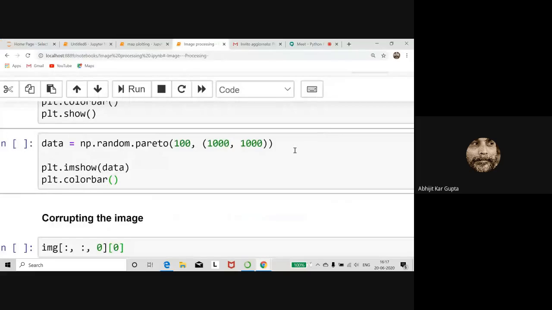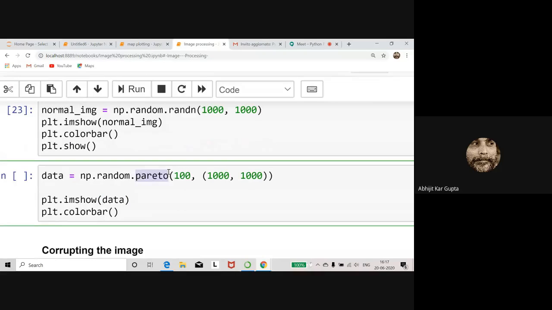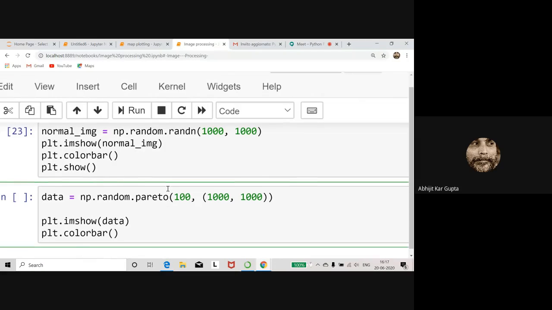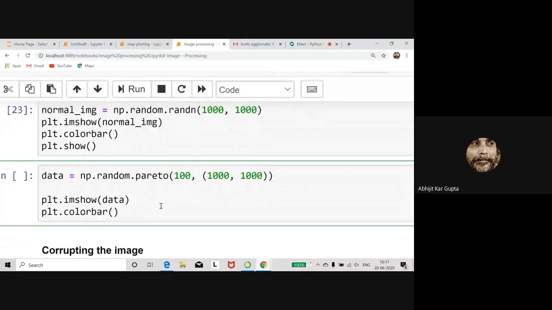And also there is another interesting distribution. It's called the Pareto distribution. Many people probably have not heard about this, but people who have worked with some kind of distribution, like wealth distribution. The wealth distribution of any country or a community is not a normal distribution. Wealth distribution is very, very skewed. And you all know that this distribution is very peculiar. This is called the Pareto distribution.